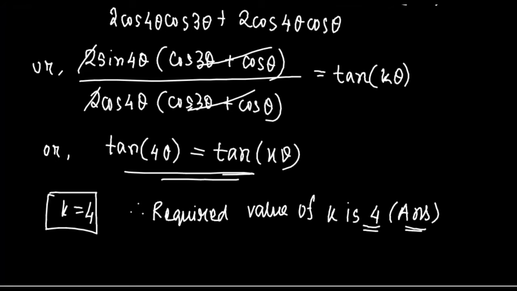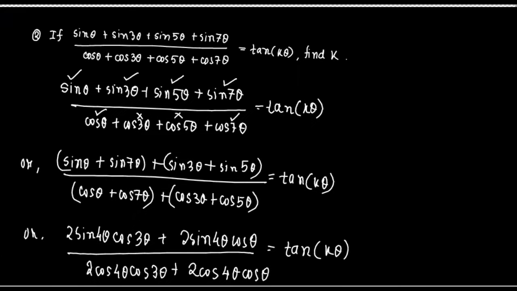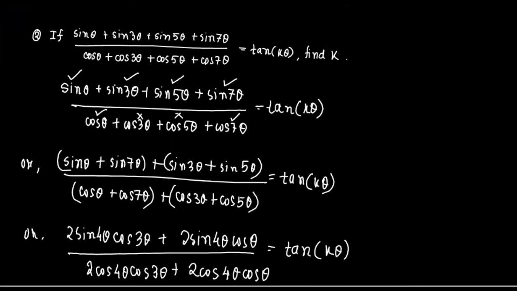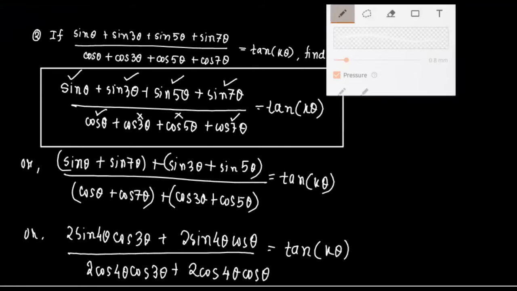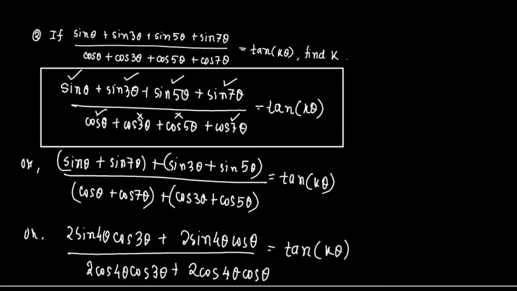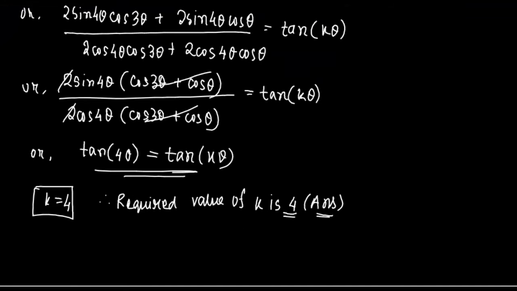Okay, so it is very simple, just calculation, and we have to be very careful about this step to make the calculation easier. We have to separate the terms and make pairs of the right terms. That is, we have to take sin θ with sin 7θ for our calculation. You can see that we have taken common 2 sin 4θ and 2 cos 4θ. Okay, so let's move on to the next question.